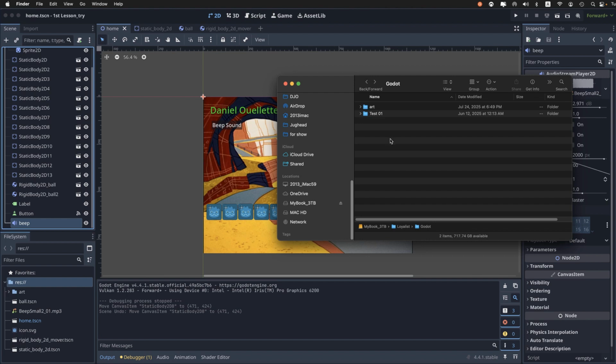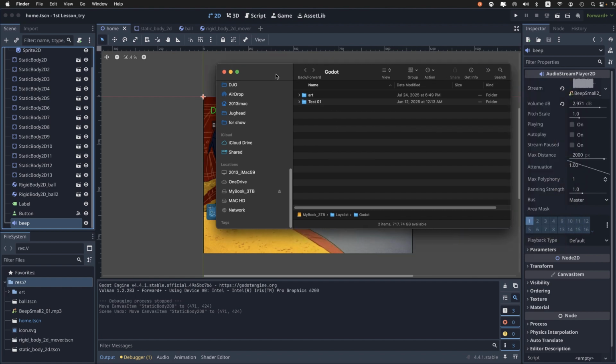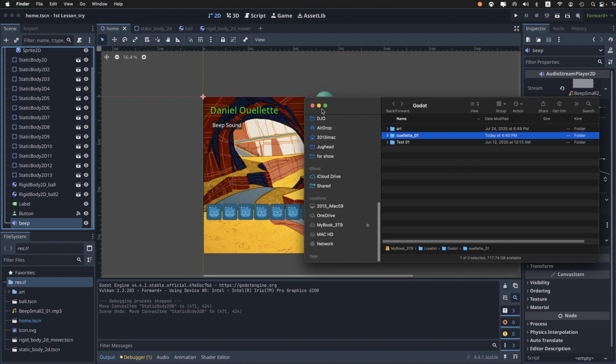And that's where we'll start our new project. So maybe while I'm here, let's create a new folder. Okay, so I'm going to right click here. New folder. And the naming convention I'm going to ask you to use is your last name underscore lesson number. So my last name is Ouellette. And then underscore, and this is lesson 01. So you can simply put underscore 01. And that's the naming convention. That will be the folder name that actually hosts the new project when I start a new project. Okay, so I'm just going to move that over here a bit and return to Godot